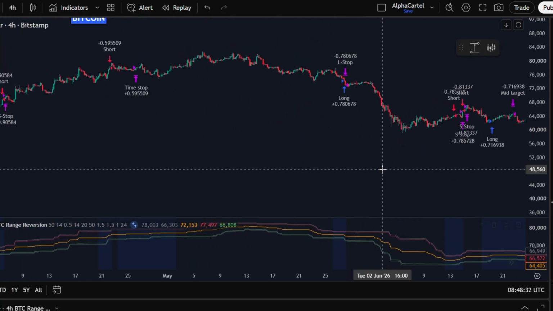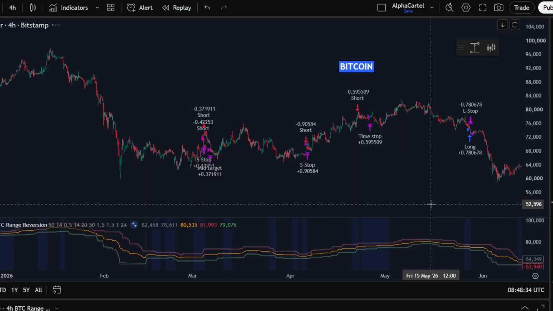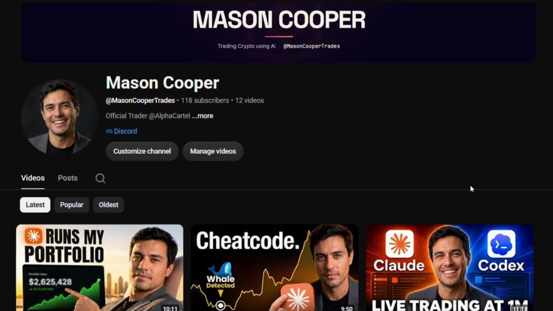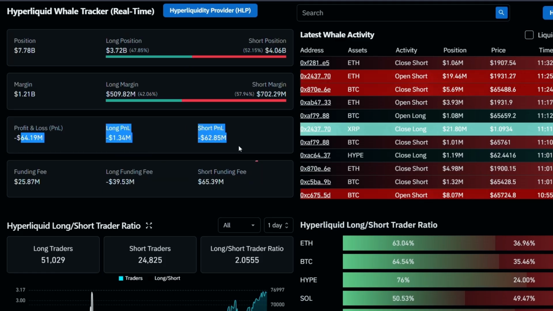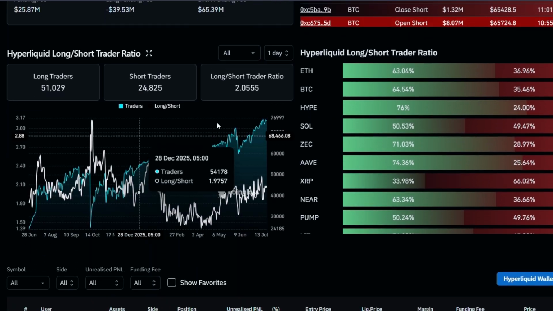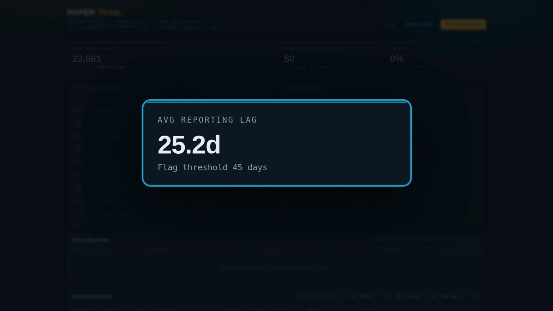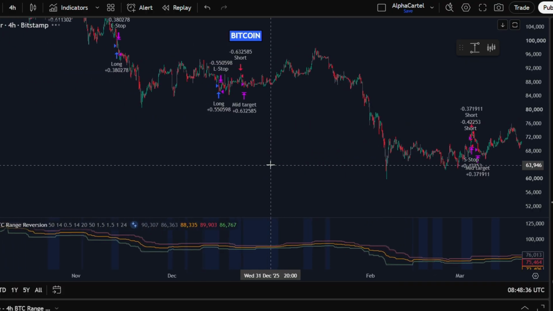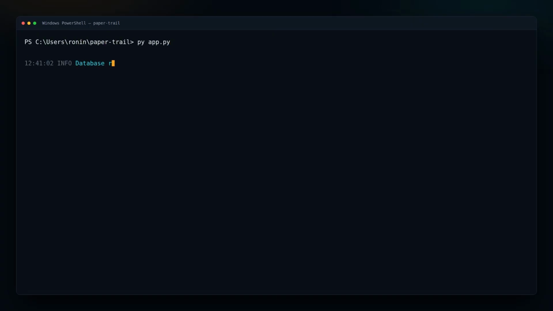There is an entire industry built on selling you that data back. Subscription dashboards, alert bots, copy trade services. Most of them show you a leaderboard and a green number, and none of them show you how that number was calculated. So today, we are building our own, a local application that pulls the public filings,